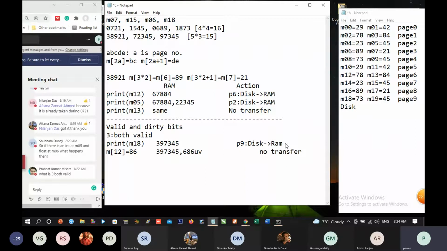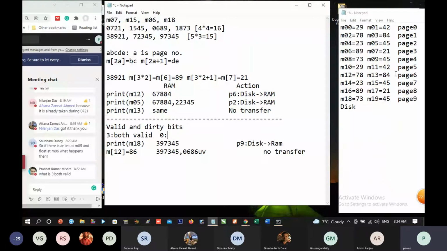And here we shall be writing 0. 3 means both valid. 0 means, you see, what is page number 4? Page number 4 contains two numbers, 73 and 45. 0th number of page number 4 is 73 and 1st number of page number 4 is 45.